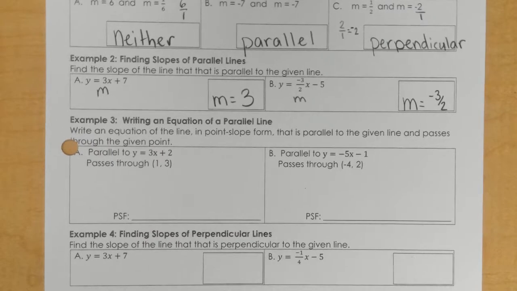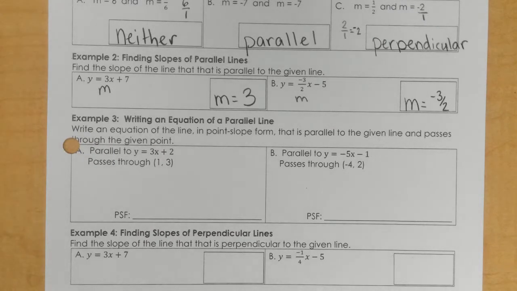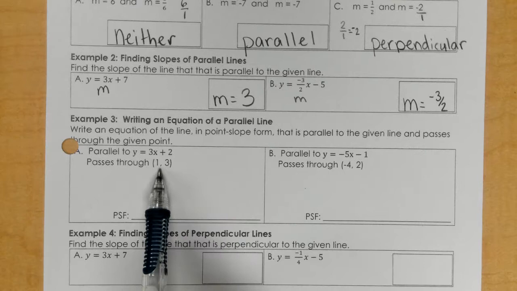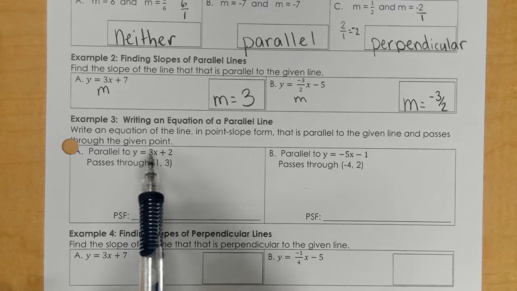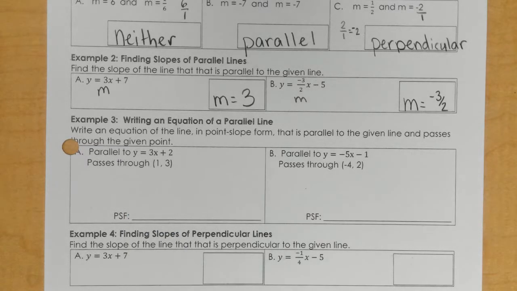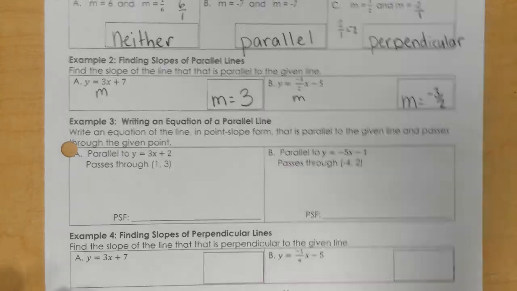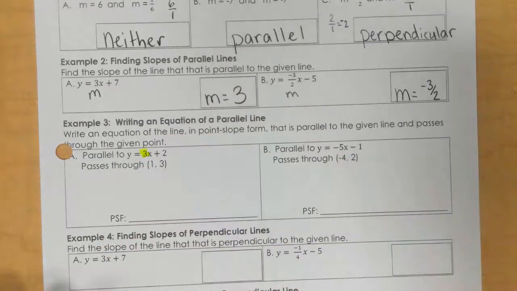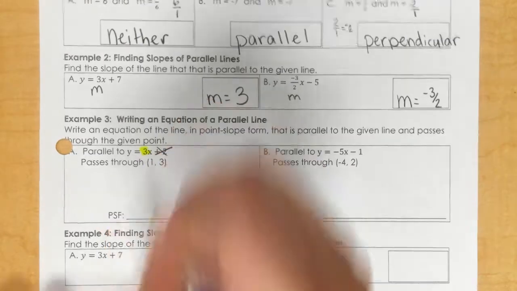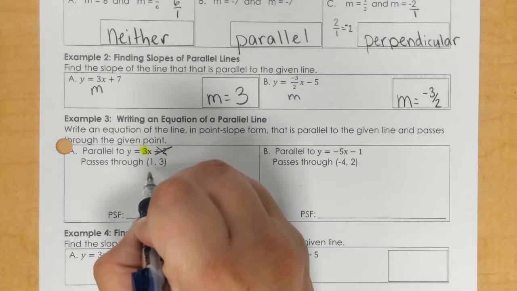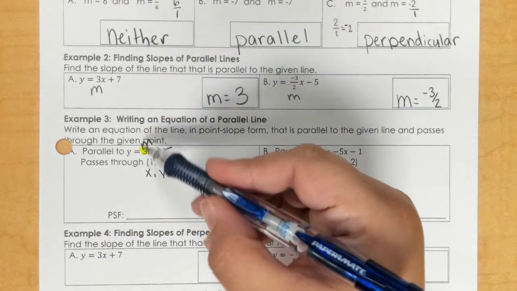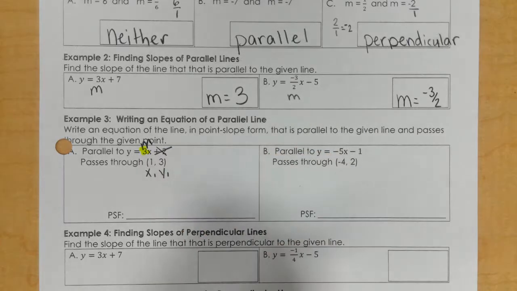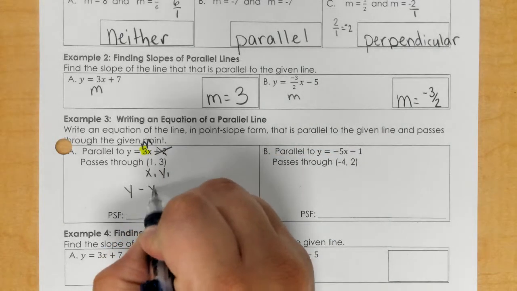Okay, in example 3, it says write an equation of the line in point-slope form that is parallel to this given line, and it passes through this point. But you got to write it in point-slope form. So in this equation, what do we need? We need our slope. Okay? So we need that 3. This is extra information to us. Okay? And then our point is x1 and y1. I'm going to label this M also. So M for our 3, got our point, our formula,